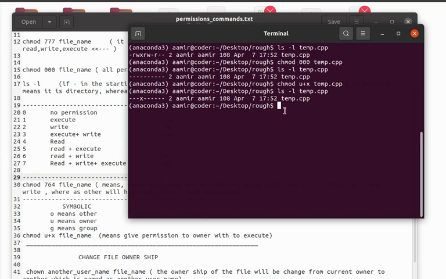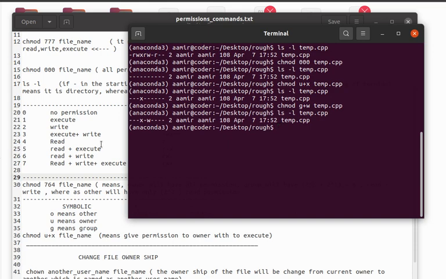Now what if I want to give the write permission to the group? So for group, as I mentioned, chmod, we will be using g plus w. So w is for write and temp.cpp, and again let's check this, and as you can see, the write permission is given to the group.